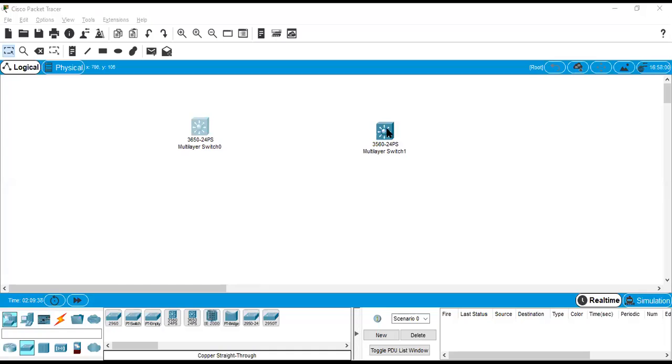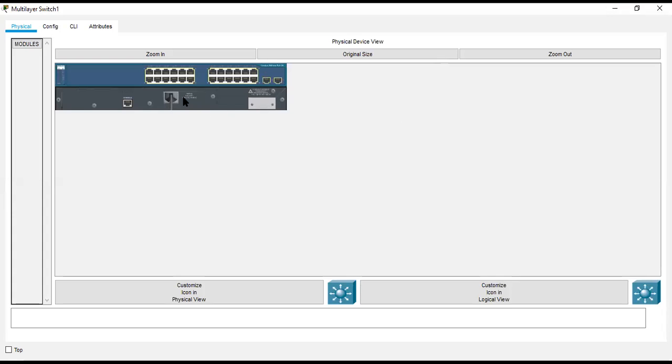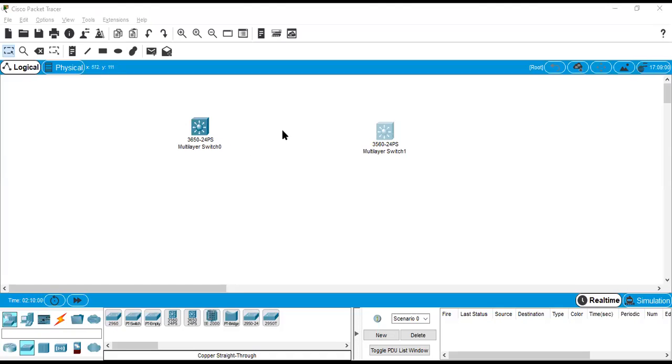So the second switch. Which model is it? This is 3650, and this is 3560, so we can remove this.